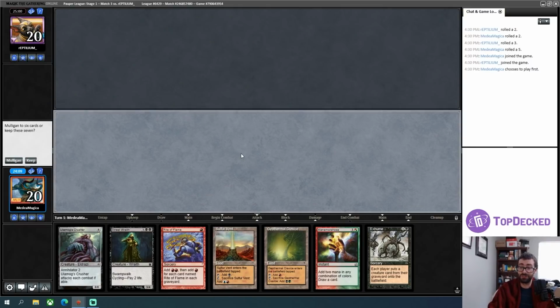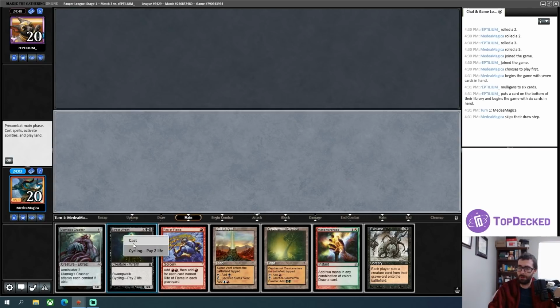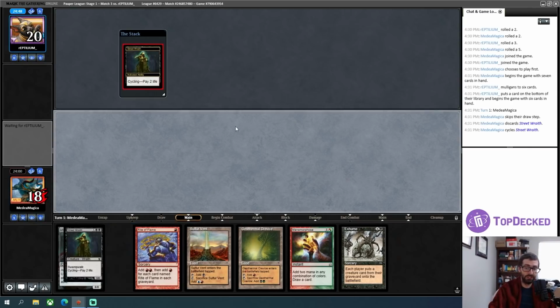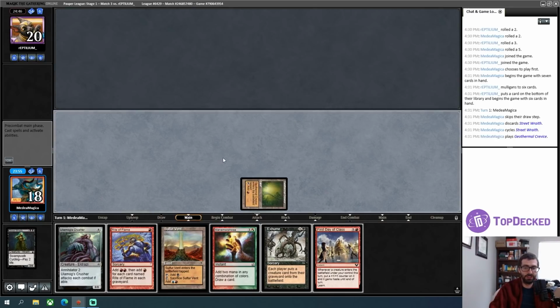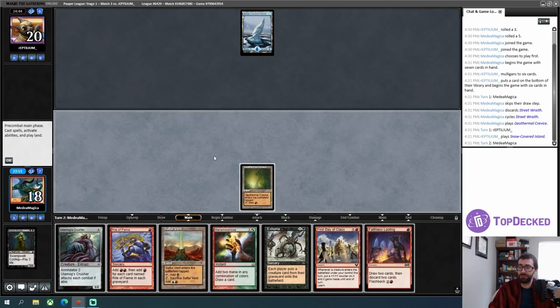Man, I wish I was on the draw here. I think I'm going to keep this. I'm just going to cycle this immediately, because I have some just absolutely nutty draws. And then let's just go ahead and play a tapped land here. I can do some mana...